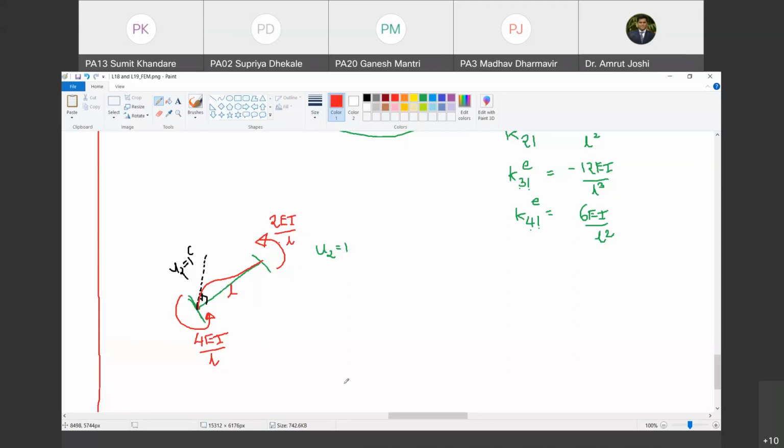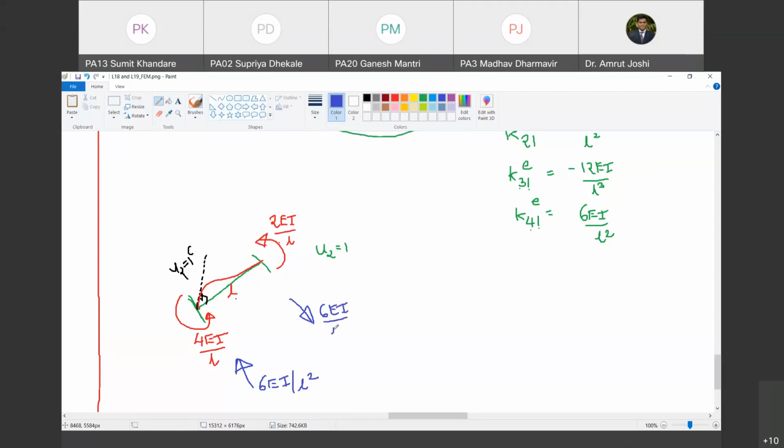These moments are anti-clockwise, so reactions must produce clockwise moments. Do you agree with me? Yes, sir. तो रिएक्शन ने क्लॉकवाइज मूवमेंट अगर प्रोड्यूस करना है तो there is no other go, then reactions being of this nature. Do you agree with me? Yes, sir. And then what is the magnitude of these reactions? So I said 4 EI by L plus 2 EI by L, addition करना है 6 EI by L and divide it once by L, so it is going to be 6 EI upon L square. Agreed? Yes, sir.